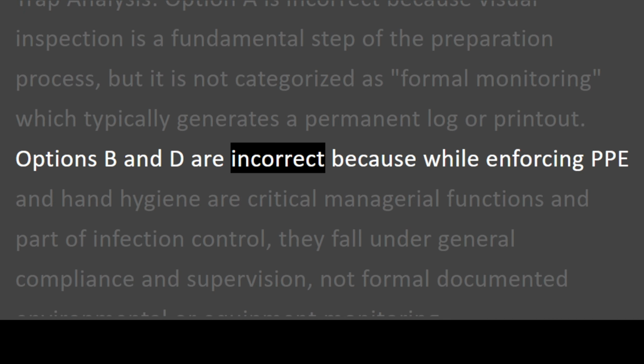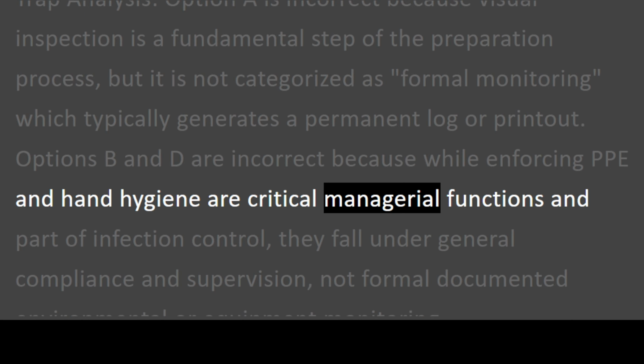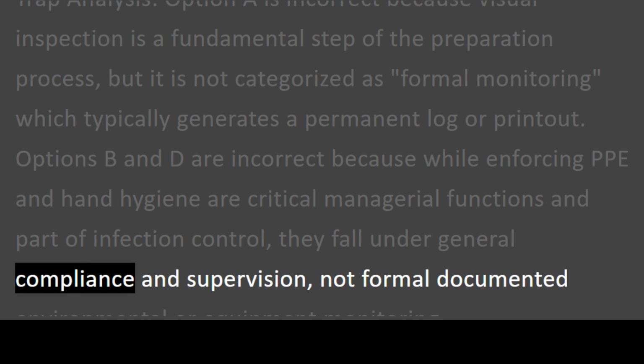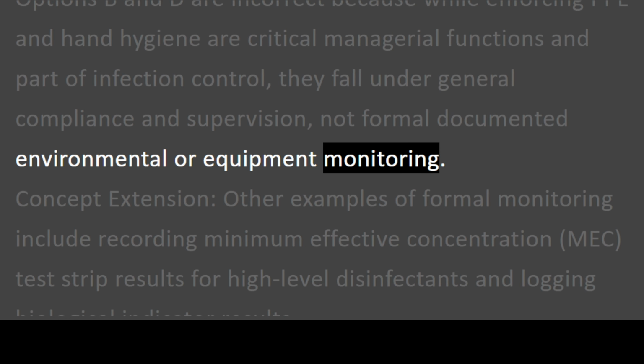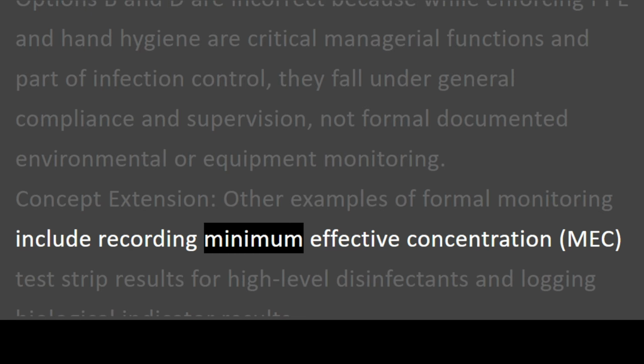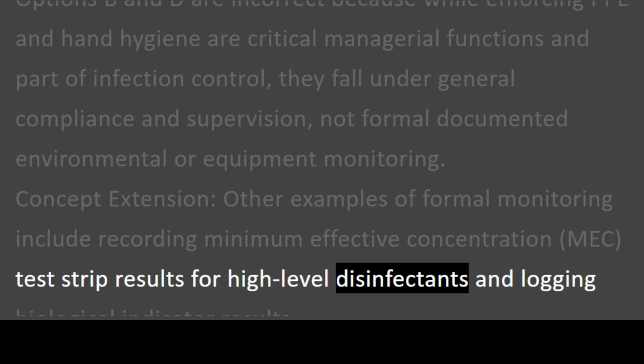Options B and D are incorrect because while enforcing PPE and hand hygiene are critical managerial functions and part of infection control, they fall under general compliance and supervision, not formal documented environmental or equipment monitoring. Concept extension. Other examples of formal monitoring include recording minimum effective concentration, MEC, test strip results for high-level disinfectants, and